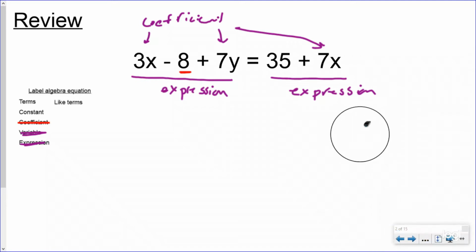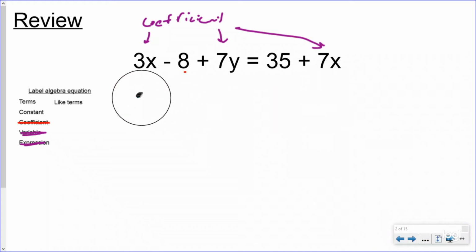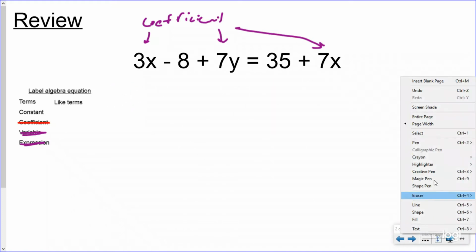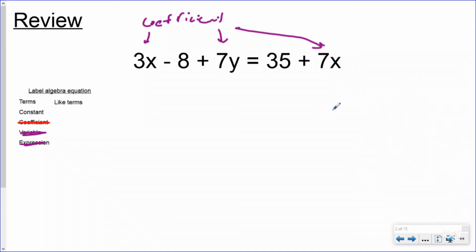And so part of knowing what's going on in algebra, right, is being able to break down the algebraic equation. And that's going to be important for your knowledge as you do stuff. So here is a constant, and then here is also another constant, okay? And those are numbers that do not have a variable attached to it. Now a term, okay,